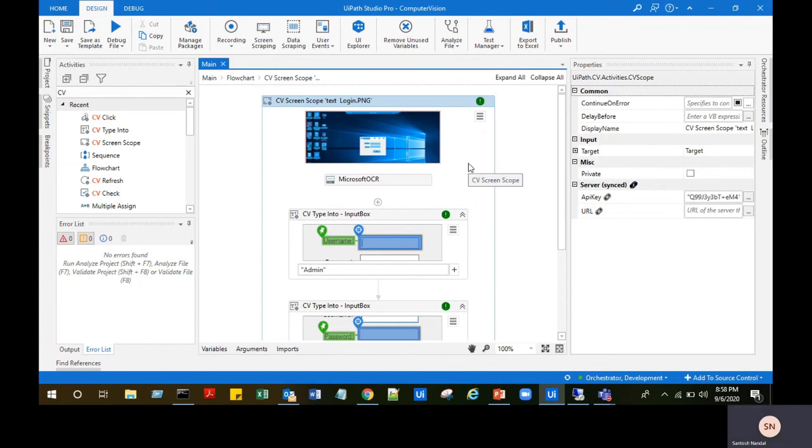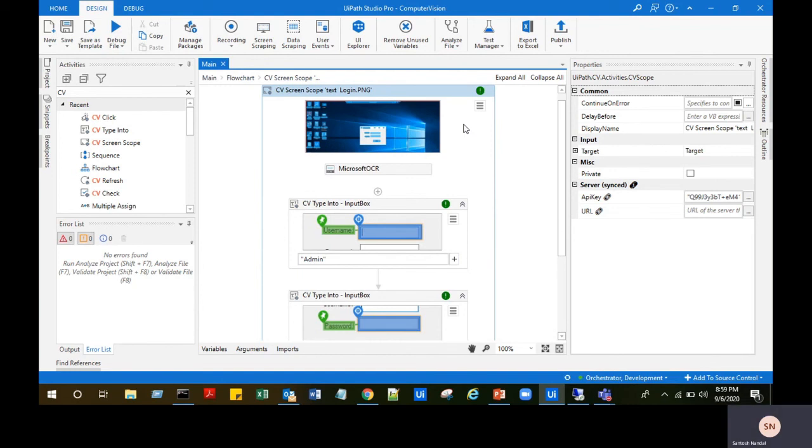So this is a very beautiful feature of this computer vision. Even if you don't have access to the RDP server or the actual application, you can build the whole workflow using the screenshots which you have captured during the discovery phase using the task capture. So this also saves your time, and you don't have to wait till you get the actual access to the RDP server. The same way you can use it for the other screens to automate the process. So that's all on computer vision.